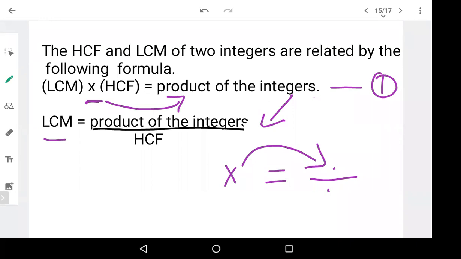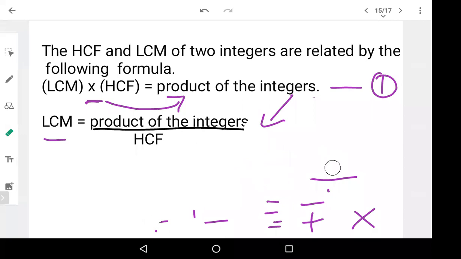Suppose I had plus here, and if I take it to the other side, it will become minus. If I had minus here and I take it to the other side, it will become plus. If I have division on this side and I take it to the other side, it will become multiplication. Clear? So if it is division, it changes to multiplication. If it is multiplication, it changes to division. If it is plus, it becomes minus. If it is minus, it becomes plus. That is the basic rule you have to remember.